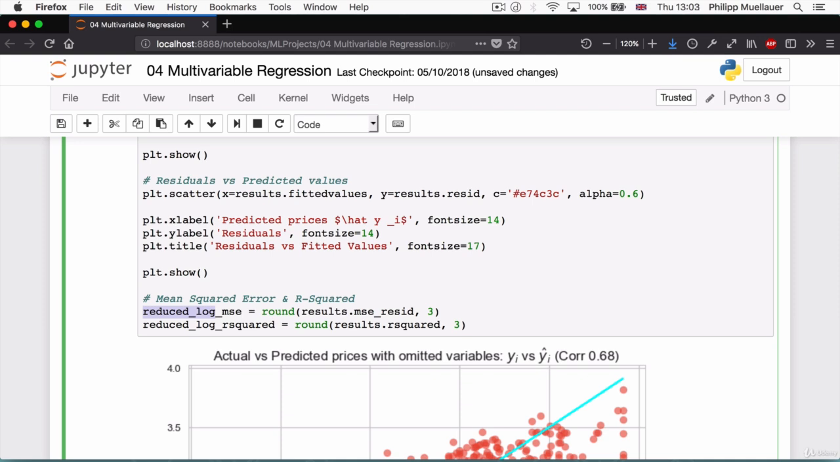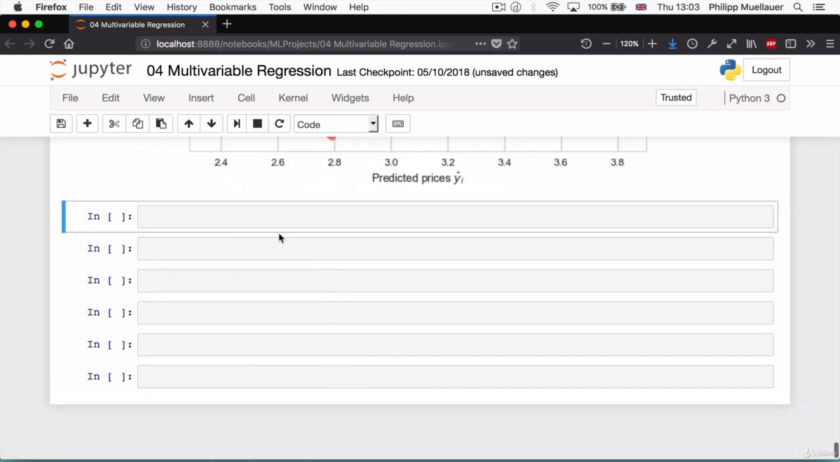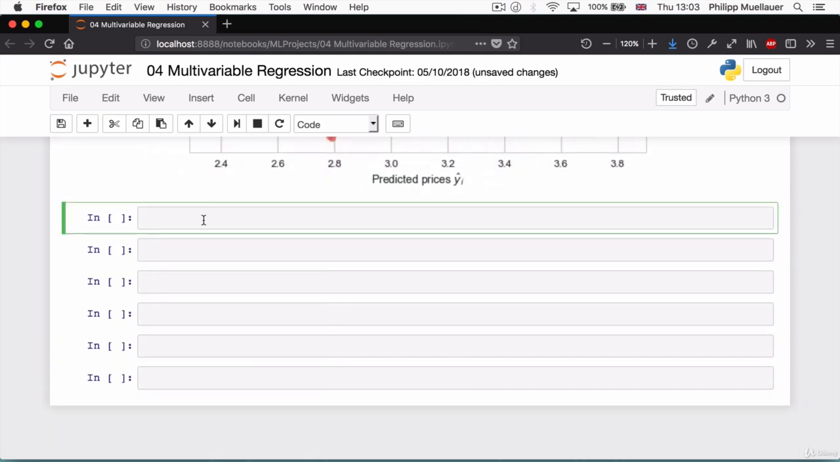I'm going to call this one omitted_var_MSE and omitted_var_r_squared. And I'm going to hit Shift Enter. And now that we've added this code, calculated all these values, we can look at them side by side, which is what I wanted to do in the first place. So I'll put them in a data frame,